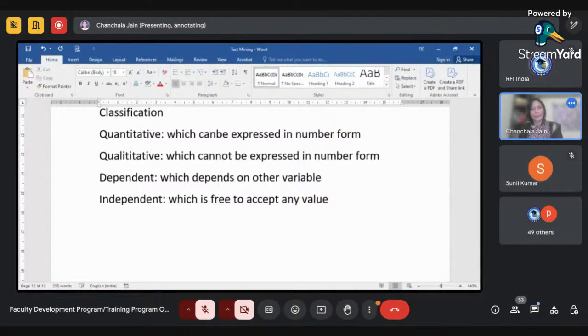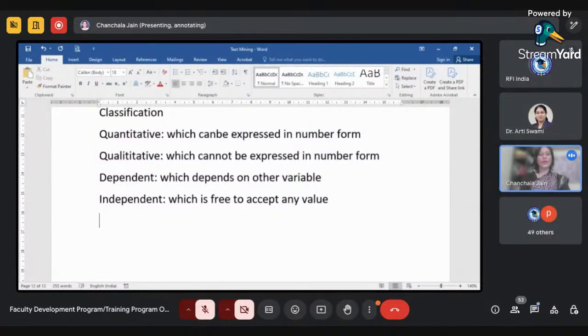Yes. Please say something, friends. It is difficult to understand. Yes, ma'am. Right. Now, suppose price and suppose demand. These are the two variables available with me, right? Anyone can tell me which is the dependent variable here according to your understanding and which is the independent variable using these two variables.